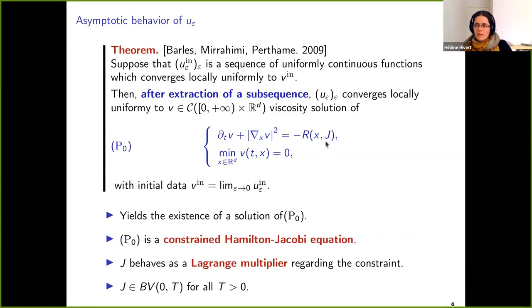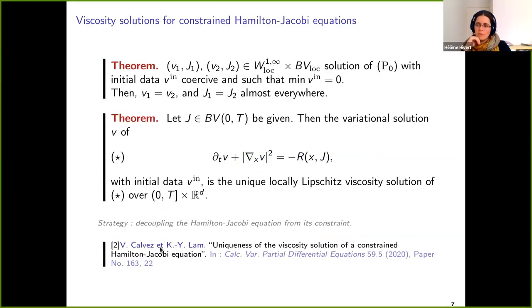And since it has jumps, the Hamiltonian in this Hamilton-Jacobi equation, if J were given, is not continuous in time, but if I'm not mistaken, the classical framework, or let's say the easy framework for Hamilton-Jacobi equations is when you suppose that the Hamiltonian has a Lipschitz dependence in time. So it is a complicated problem, and the uniqueness is a more recent result in this paper of Vincent Calvez